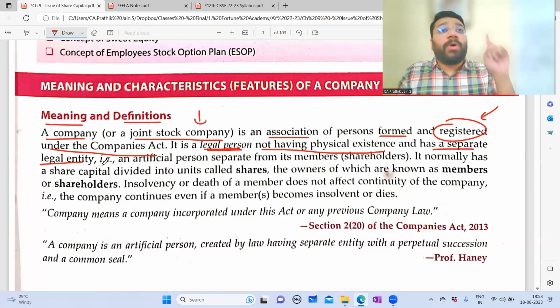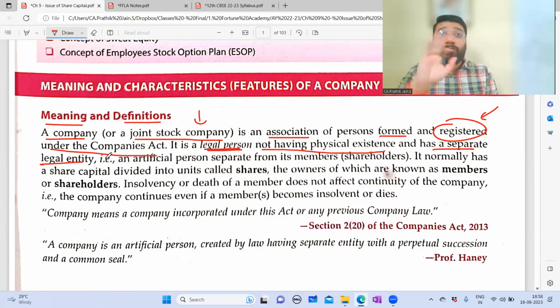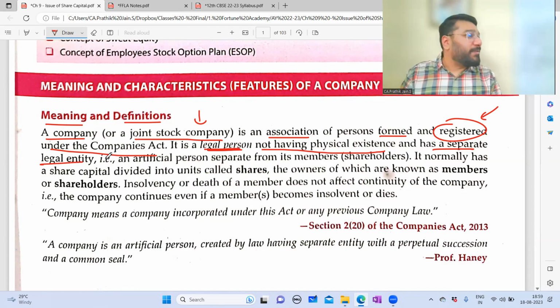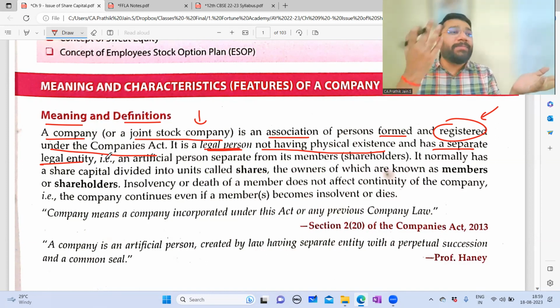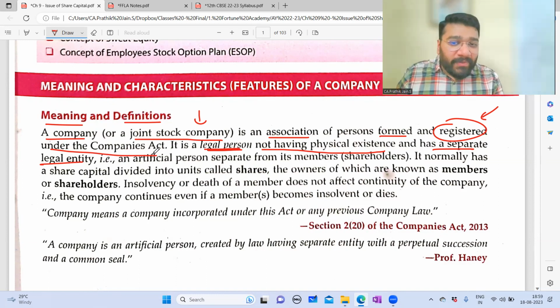Separate legal entity means what? In 11th we studied, no? Business entity concept, accounting entity concept. What does it say? Account from the business point of view, not from the owner's point of view. Here, they've modified the language. So here you'll come across the same concept, but different terms. Because the person who created this concept believes that we should be known by fancy names. So you'll come across a lot of fancy names. So separate legal entity means nothing but business entity concept and accounting entity concept.